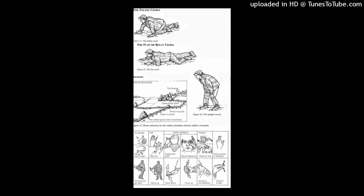Stalking is no longer natural to humans. It needs the study and practice of techniques. The actual practice is often difficult and uncomfortable as you crawl across rough ground and through tangled, spiky vegetation. The tracker stalker's progress. The methods of movement available to the stalker approaching his quarry will be described in detail